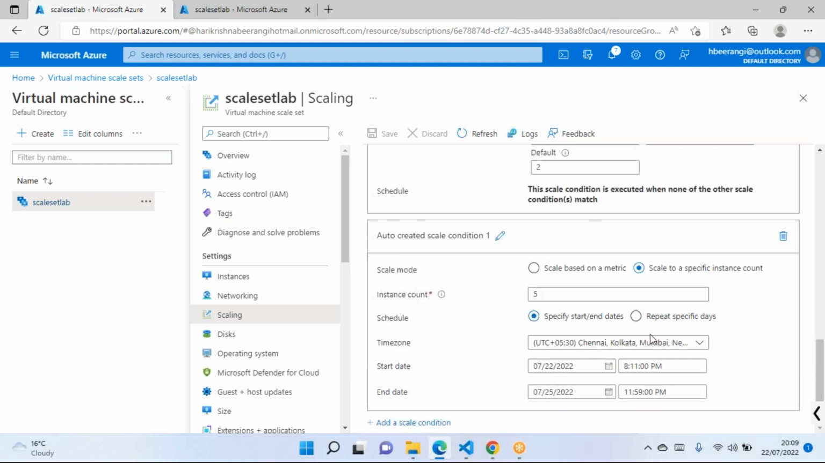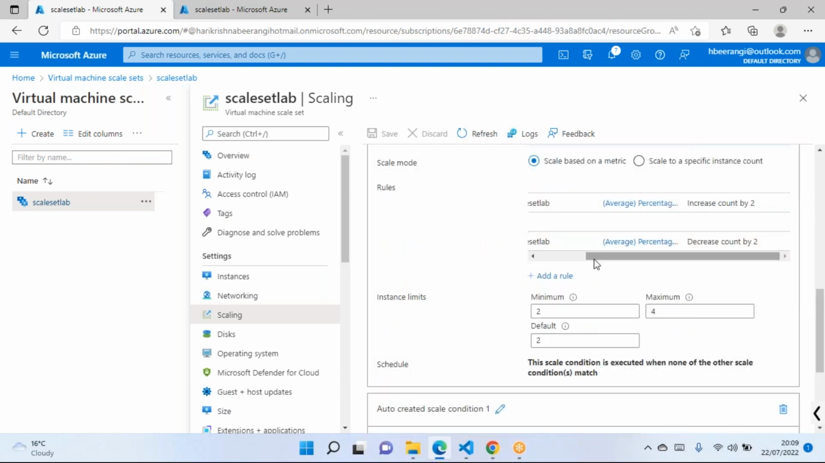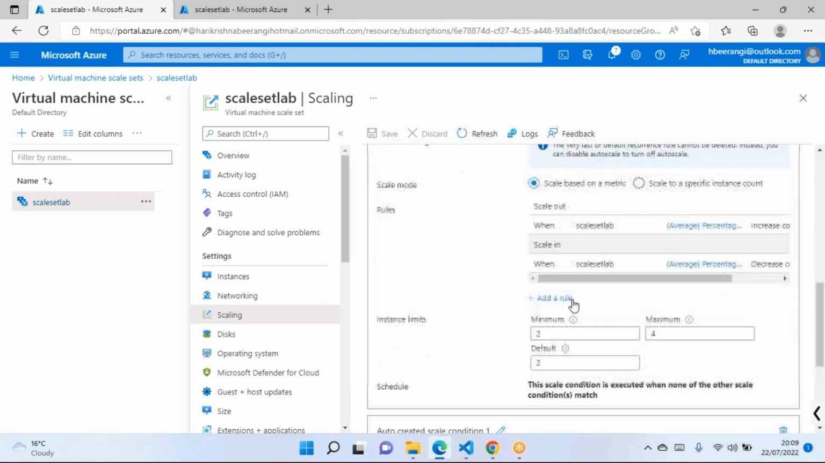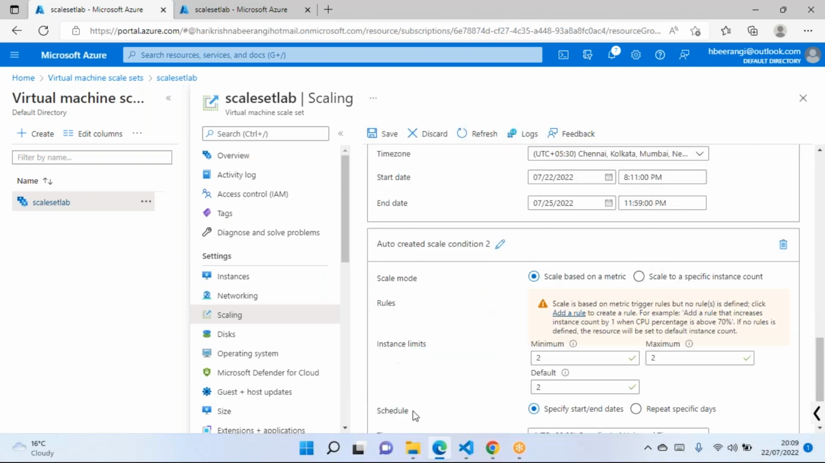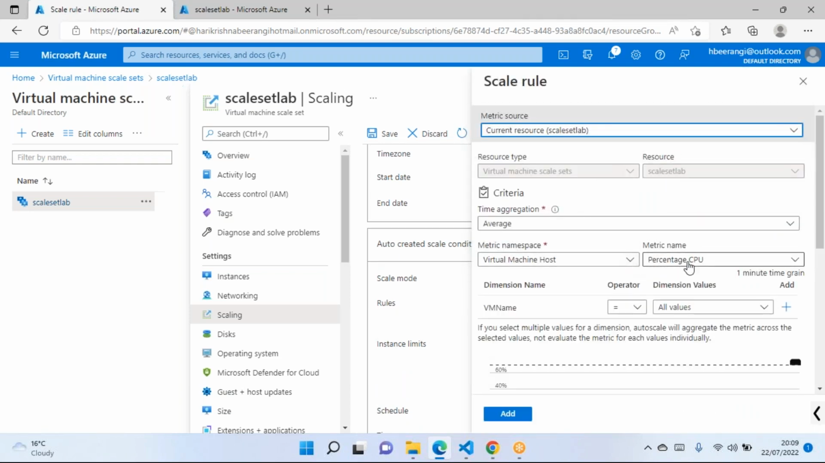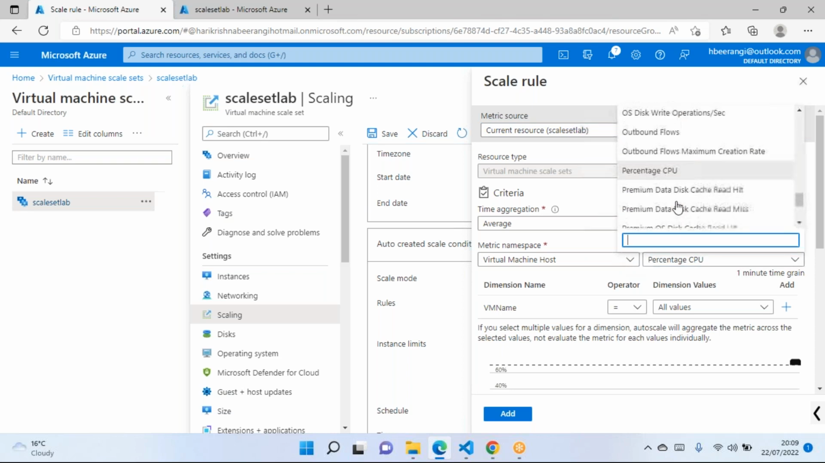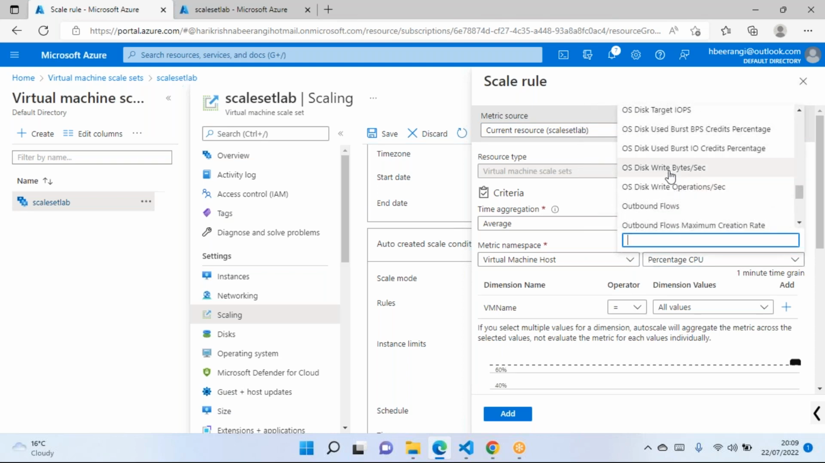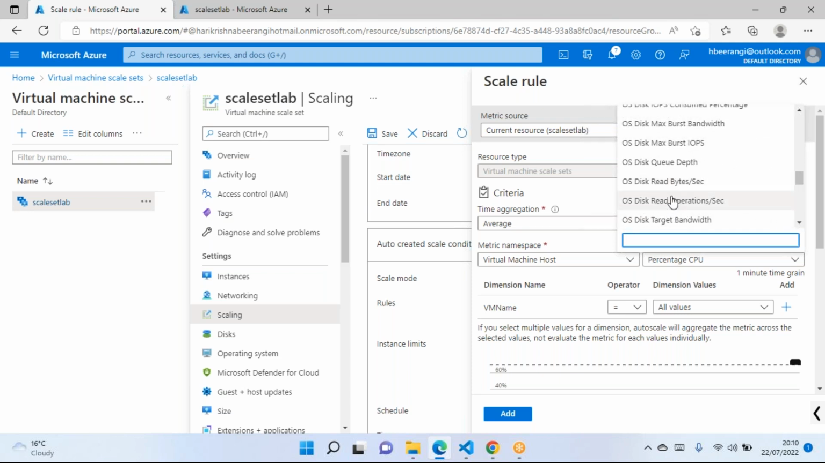the time-based conditions. Okay, that's what we have done, and you can add multiple conditions, not only this metric. Let's say if you are looking for another metric, let me show you. You can combine 3-4 metrics before you go for any of these scale sets. Here you can see. So instead of CPU, I want to go for operating system write operations or OS disk